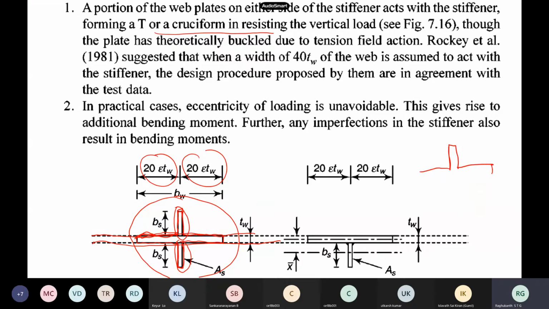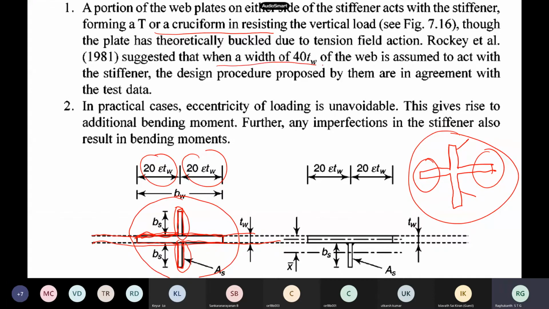This is what the code clearly specifies. These two are stiffeners, and this portion of the web, the whole thing acts as a unit. That is how the code is. This has come from experiments, where a width of 40 times is assumed to act with the stiffener. That is how these things come into picture.